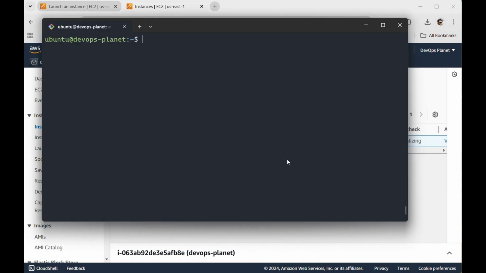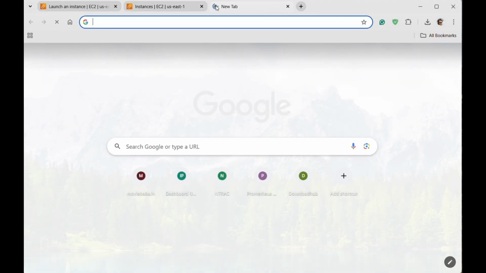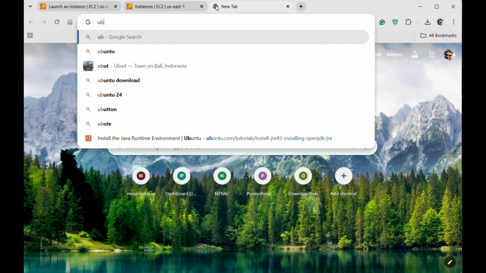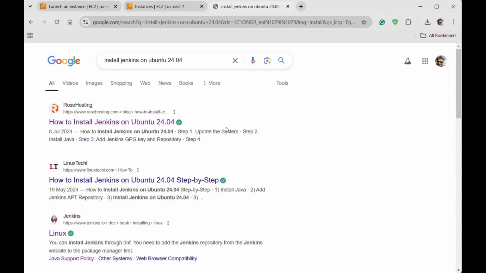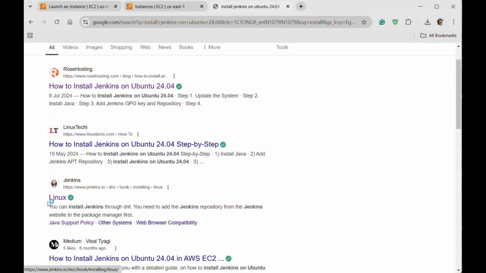So I have already logged in to my EC2 system here. That is a Ubuntu machine. Now I'm going to install and configure Jenkins on this EC2 instance. For that, first we will go to the official documentation for installing Jenkins. So for that, type install Jenkins on Ubuntu, and you will see the official documentation from Jenkins itself to